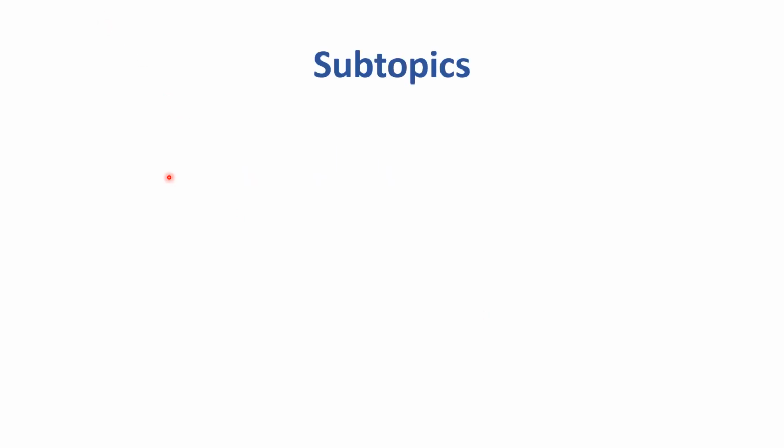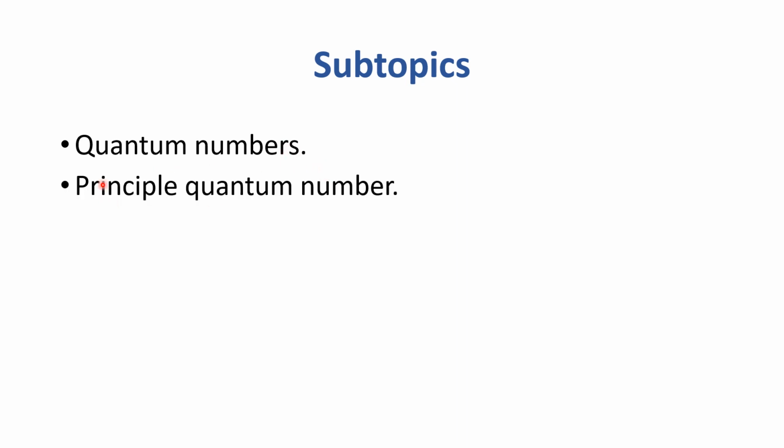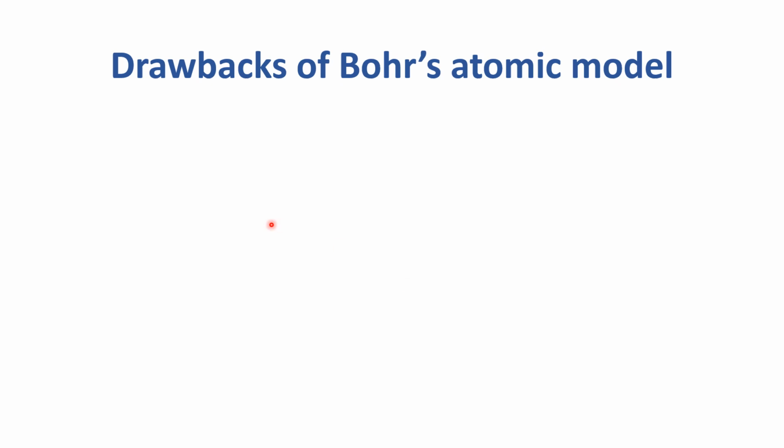The topic we are going to discuss is atomic structure, and the subtopics are quantum numbers and principal quantum numbers. Before going into the details of quantum numbers, let's see why we need quantum numbers, and the answer of why